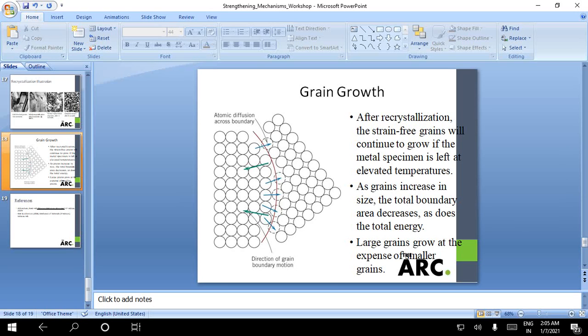Suppose you keep that metal or specimen at elevated temperatures, and the grains increase in size; the total boundary area decreases. If the grain size continuously increases, the boundary area decreases, so that the total energy also decreases. If there is large grain growth at the expense of smaller grains,